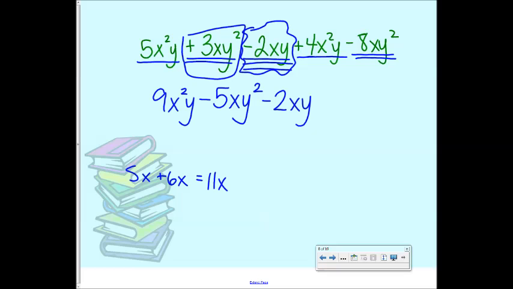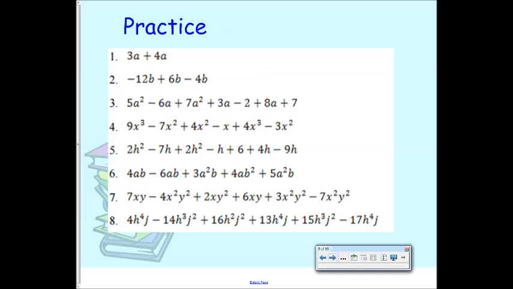And remember, keep the sign with the term that's in front of it. Okay? So the 3 goes with the plus, the 2 goes with the minus, the 4 goes with the plus, the 8 goes with the minus. So the only one that shouldn't have a sign is the first one unless it's negative. Okay, you guys have about 13 minutes to do these 8, which seems like a lot, but be careful with them. If it's easier for you